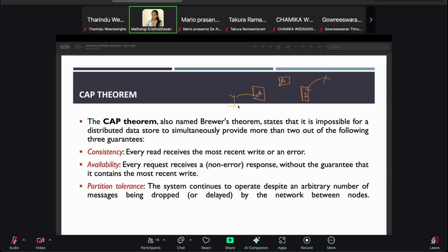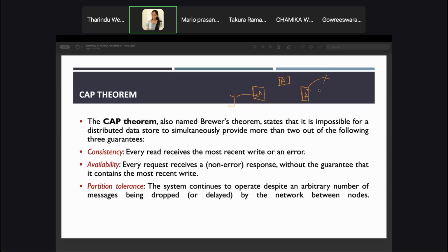If you have 100% consistency, that means let's say A's value is 100 once after the update, A's value is 100 here. But initially, let's assume A's value is 90, right? Until the new update propagated to this node, if Y tries to read it, it should give an error message. It should only get the most recent updated value. That is consistency, right? Availability means